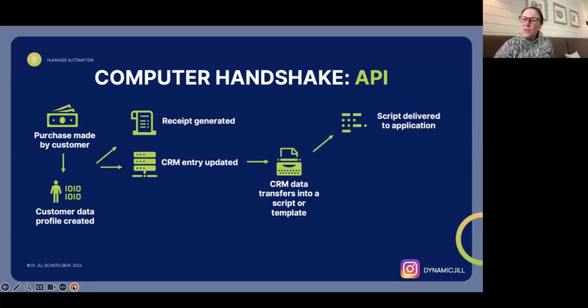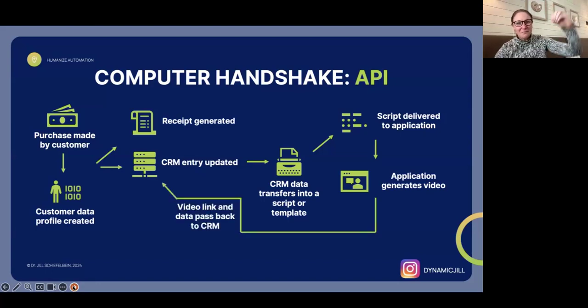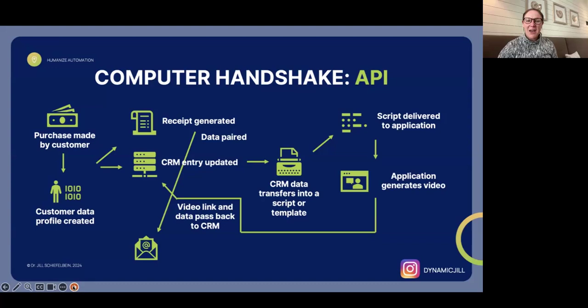So once you have that, then if you are a Render client, that script is delivered directly to the application and that video is generated, right? It generates that video for you. That video then, if you sync it up at an additional level, is kicked back to the CRM. So your CRM can send out that email, and then the data from the receipt is paired. And what you're getting sent out to your client is not only the thank you for your purchase receipt, but let's say in the case of this jersey, a video from the likeness of the player himself thanking you personally for that order.